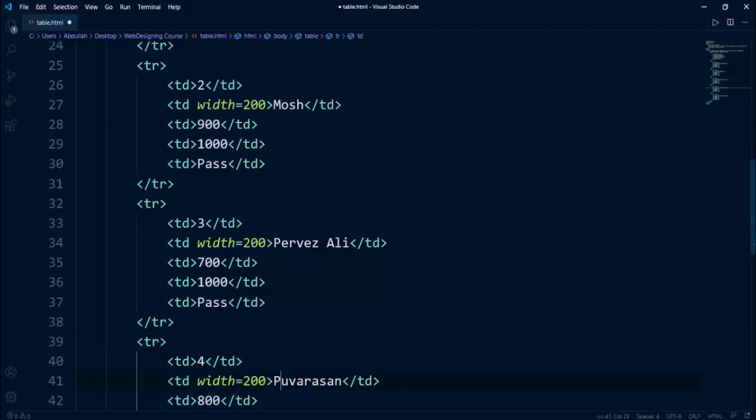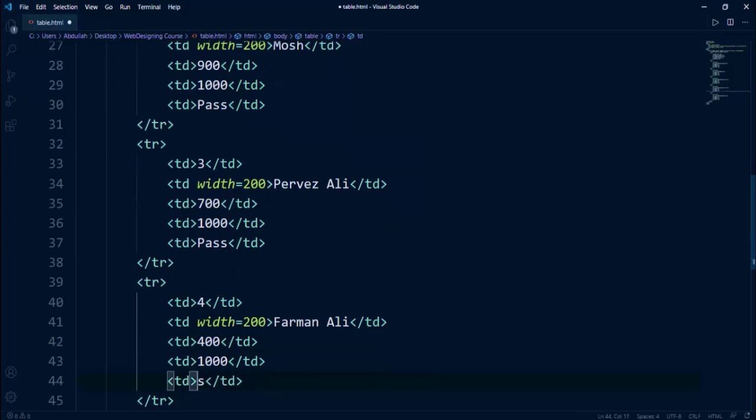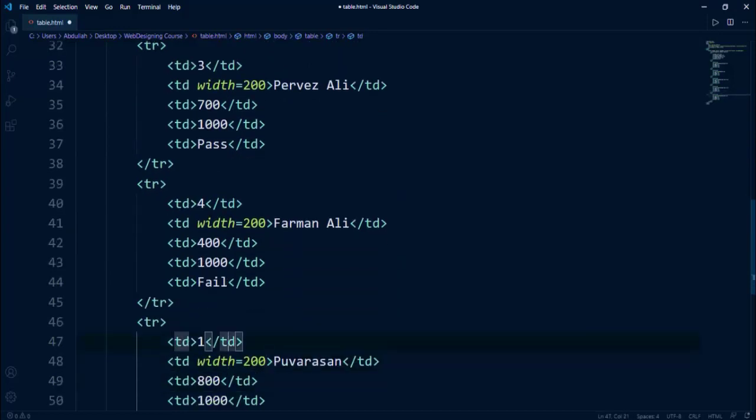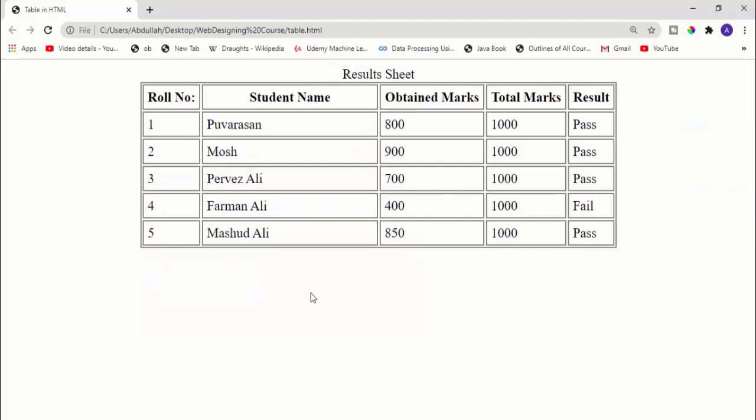And here I will say Farman Ali, and his marks will be 400. He will be fail. And after that we have the fifth student as well. The fifth student name will be Masood Ali, and he has 450 marks and he is pass. Let's refresh it now, and we can see we have a beautiful result card there.